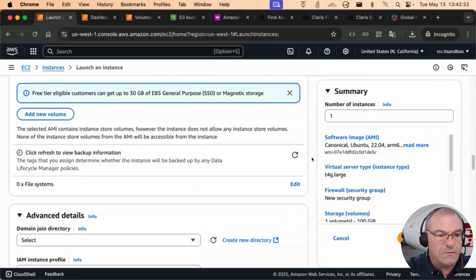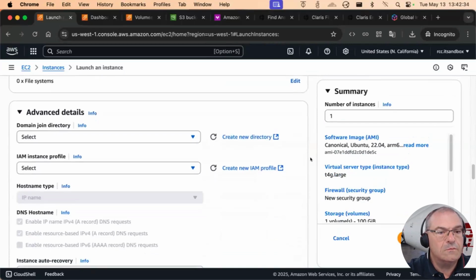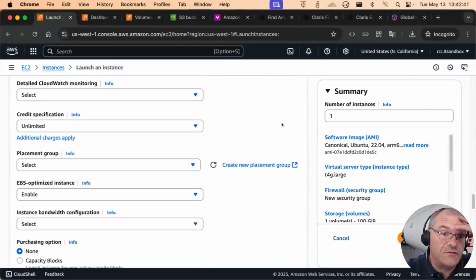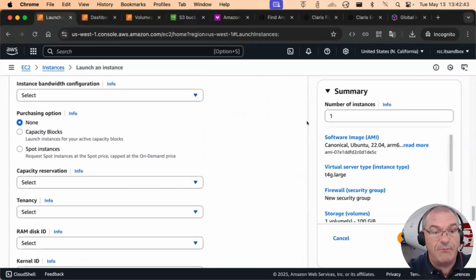Let me see advanced details. I don't think we need any of this. We don't need a join directory. We don't need an instance profile. That all sounds great. Okay, so Code to Go has a comment, says FileMaker Server wants 100 gigabytes free on